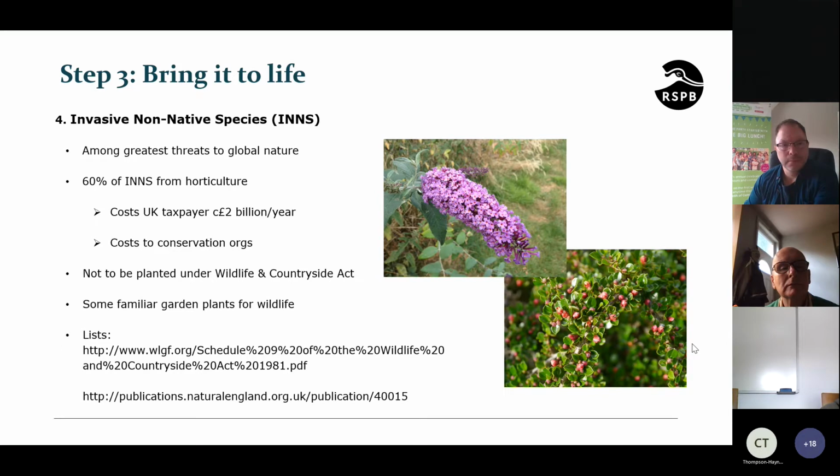And again, on nature reserves, these invasive species, they get in, they're carried in, or they drop, so it just basically costs a lot of money to tackle things like New Zealand pygmy weed, which again, even the pond you might create in your garden can suddenly have little bits of New Zealand pygmy weed crop up randomly, which just basically then destroys the whole pond and is really, really difficult to get rid of. That and floating pennywort